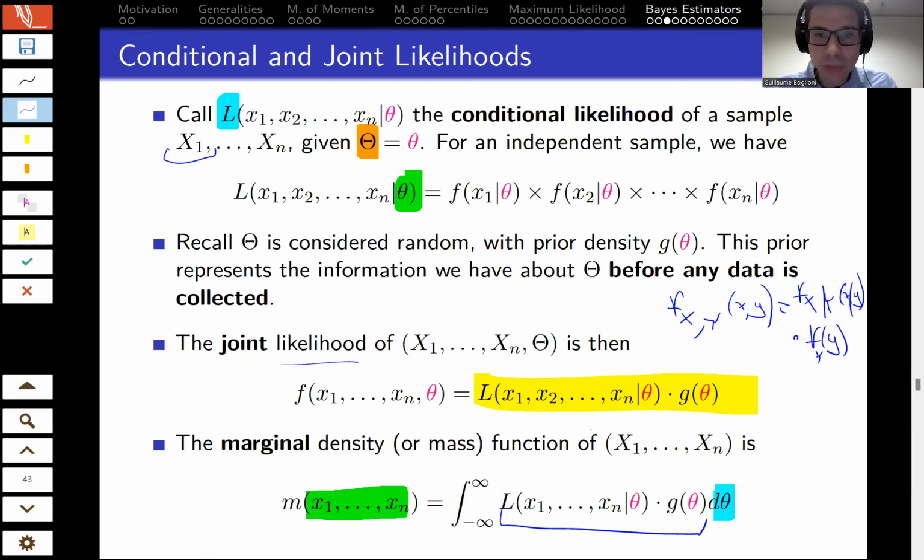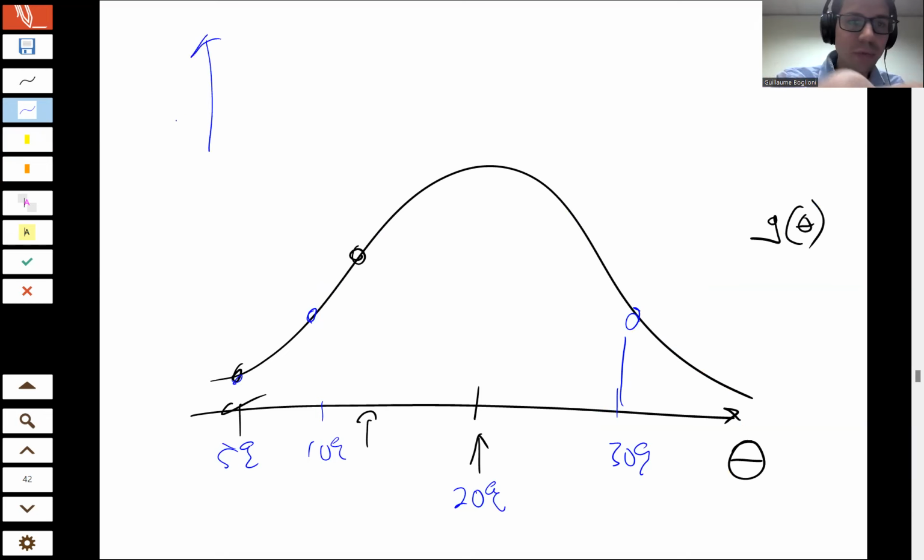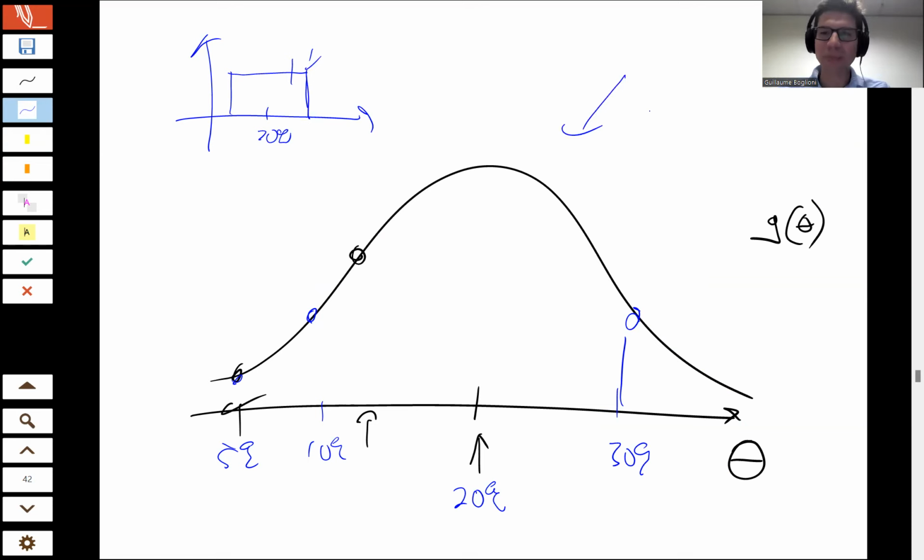Maybe a uniform would be reasonable, although a uniform would be flat. You might want to choose a uniform that has a mean at 20%. Although it's probably not the best choice, because you're saying that 20% is as likely as, say, 25%, as likely as 30%, but then it drops to 0. That doesn't make that much sense. It seems more reasonable to pick a distribution that's smooth and has a peak at a certain value, maybe 20% here, if that's her preconceived idea of what the probability is, but then gets smaller and smaller as you go away from 20% in both directions.